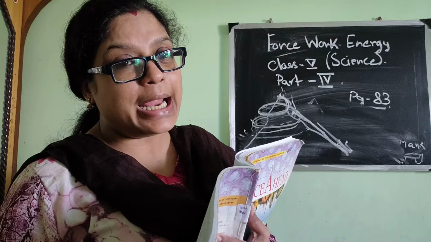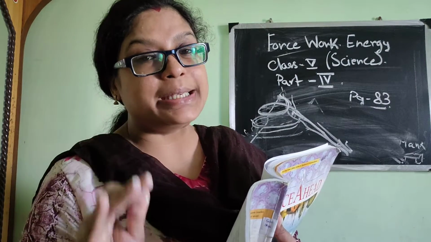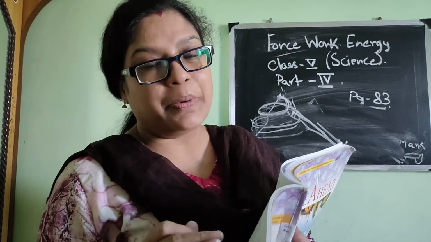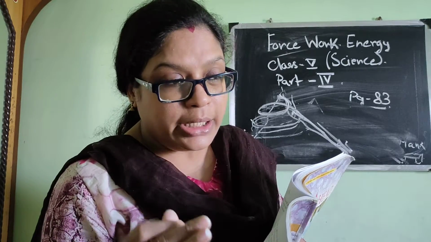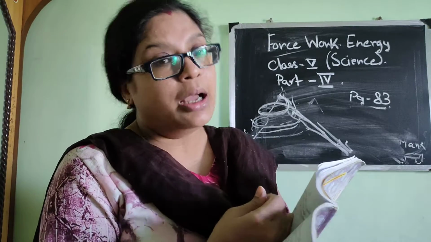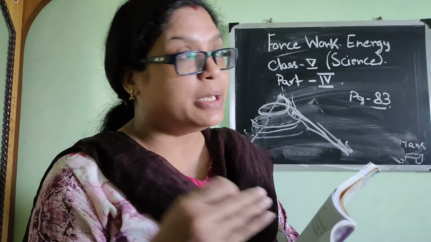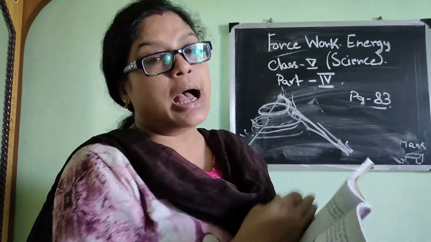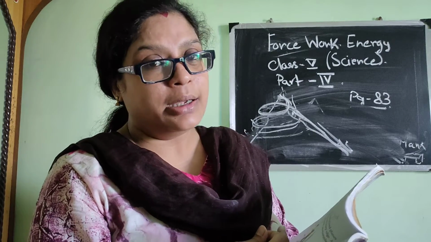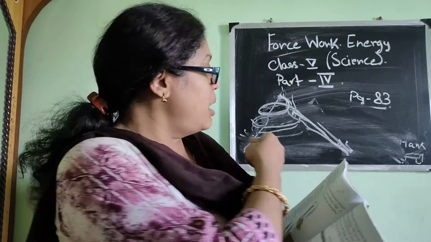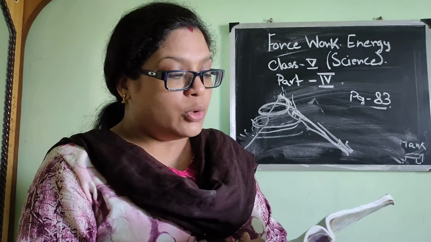Next is wedge. So you have understood what an inclined plane is. An inclined plane is basically a slope which helps a person to lift up something heavy, and the slope is a gradual slope. It does not go up to a certain height suddenly. It's slow, like a mountain, or as I have explained in the hospitals and in the rail station, as we have seen. Now we will go to the next simple machine, that is the wedge.